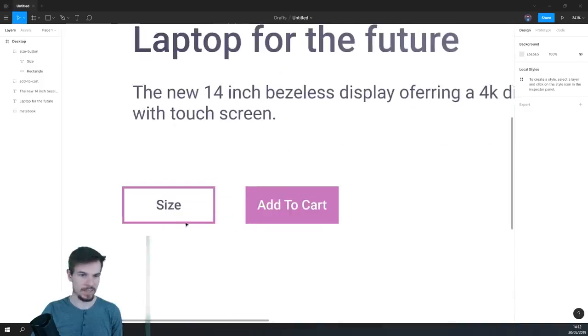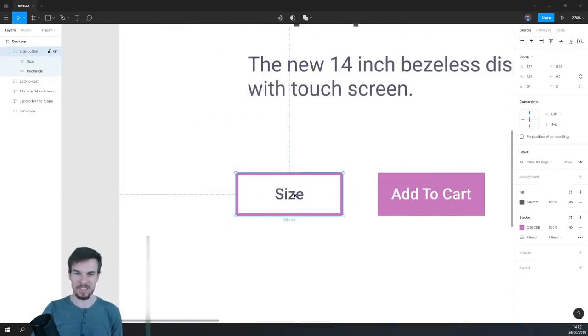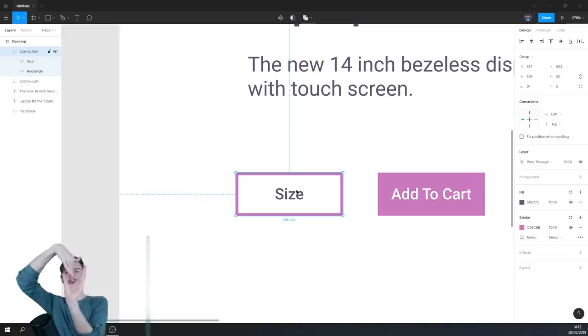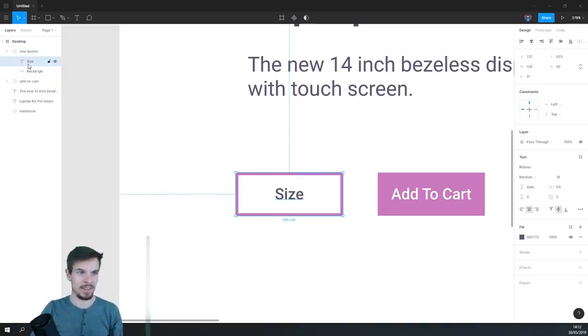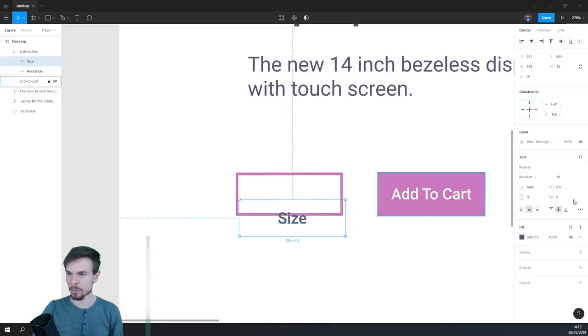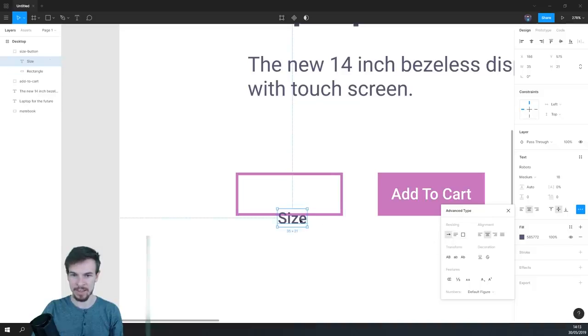All right, so we have size, but I actually wanna have another thing here. I wanna have kind of an arrow that makes you able to select the colors. So I'm gonna double click on this text, or just get this text and make it smaller. And you can also resize it if you go here to these 3 dots, and you can click on this resize. And as you can see, it's gonna resize it. And now it's the size of the